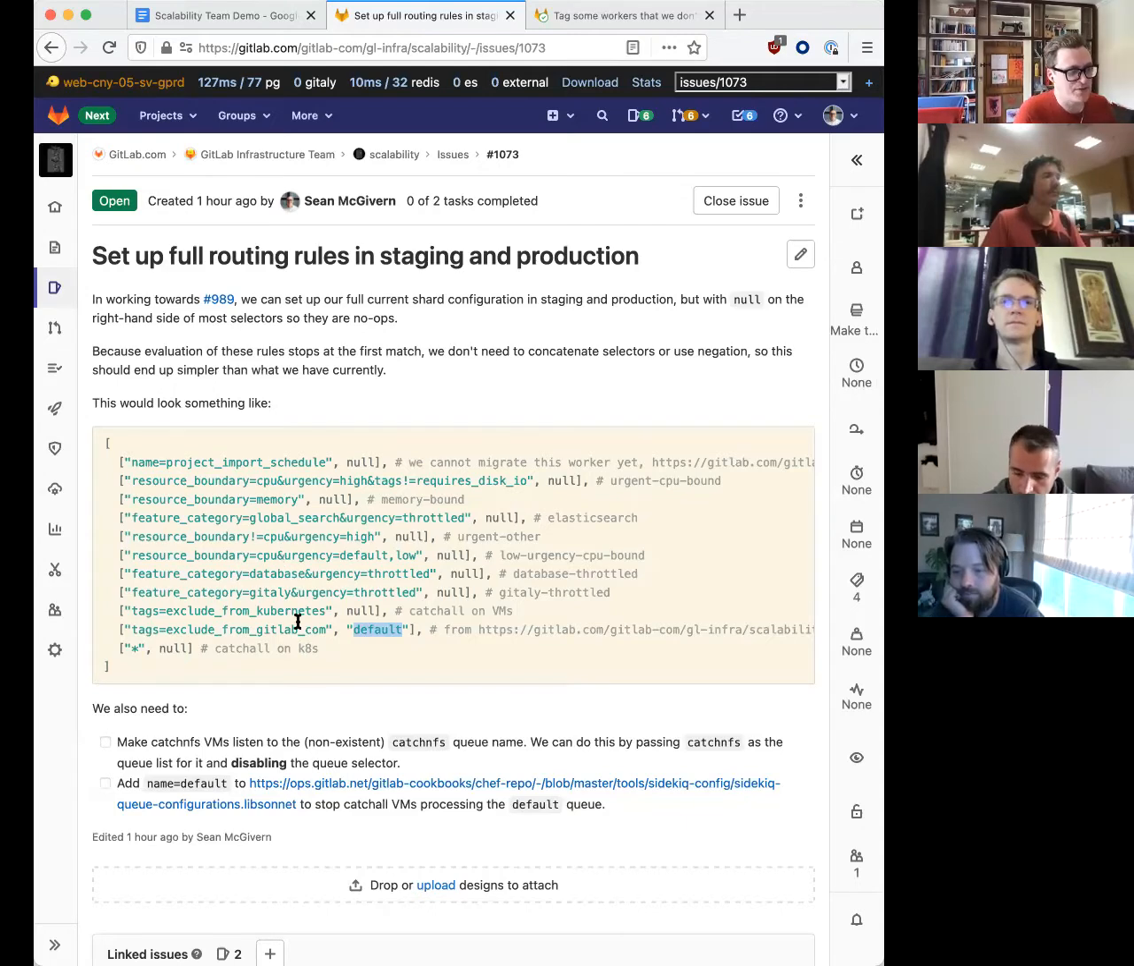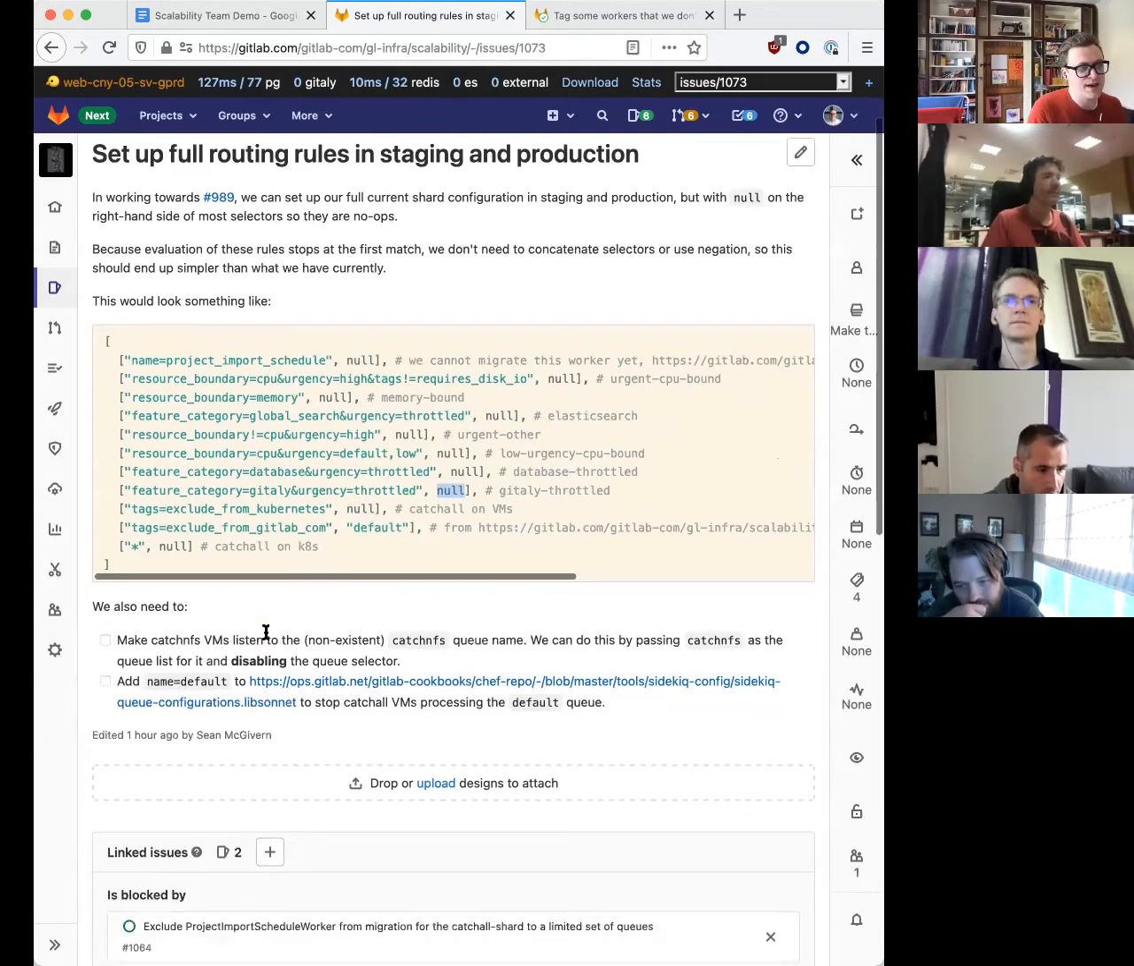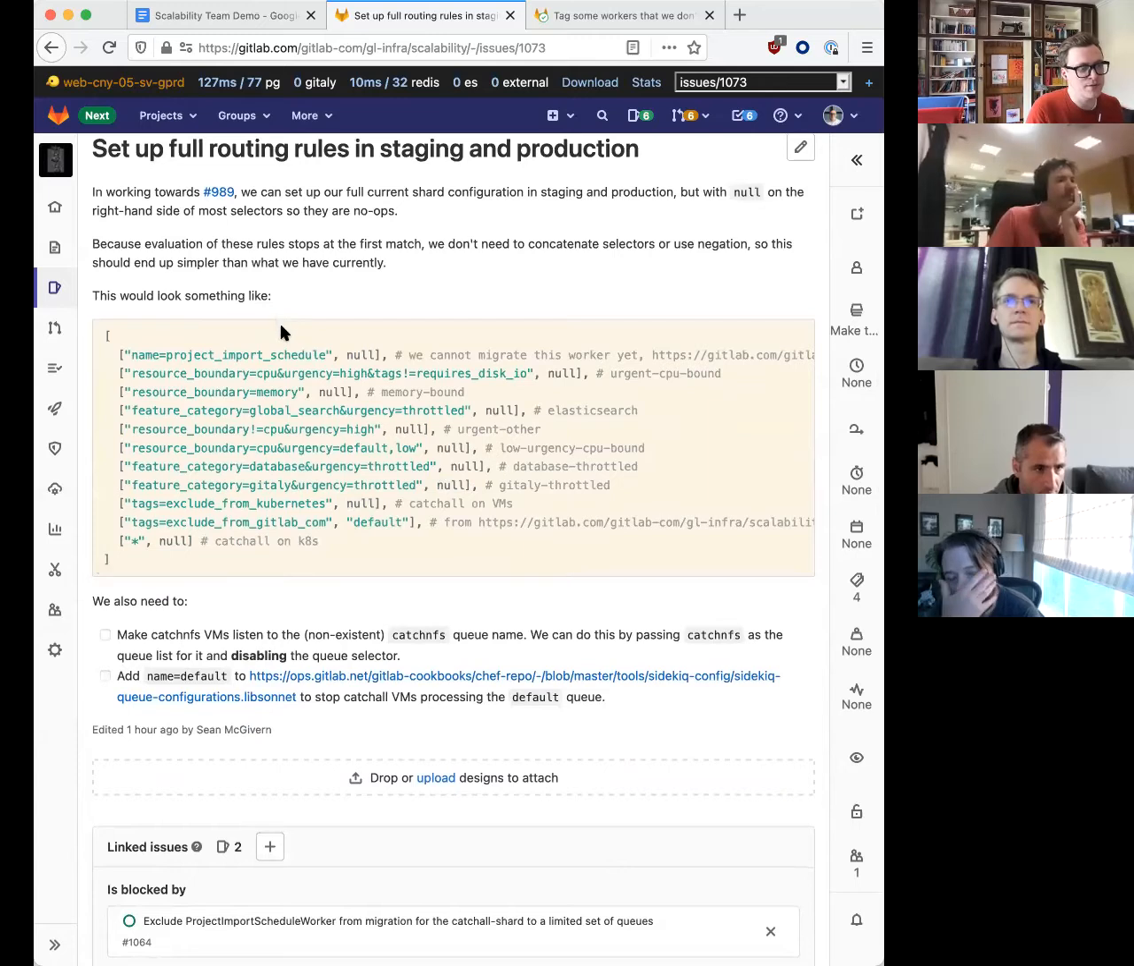Yeah, so this would be the sort of initial state. We're routing the ones that don't do anything on production anyway, and everything else ends up in null, which means that the rest of this is essentially no ops. It's just to make it clearer to people what's going on. After that, we can go to